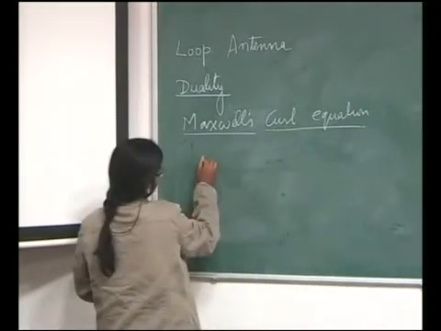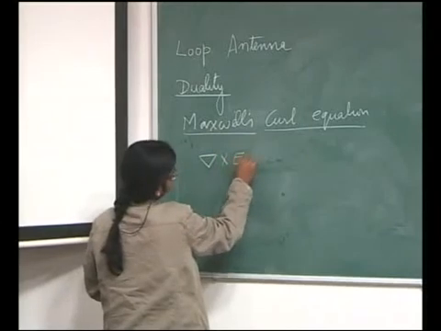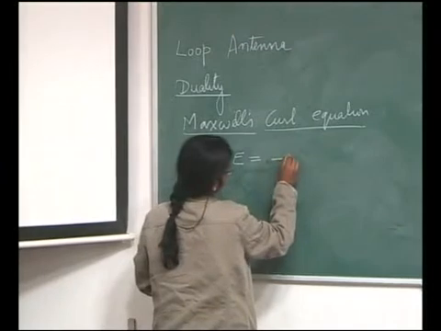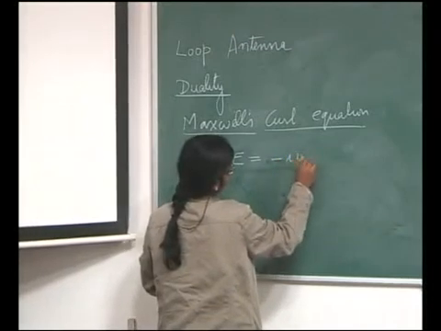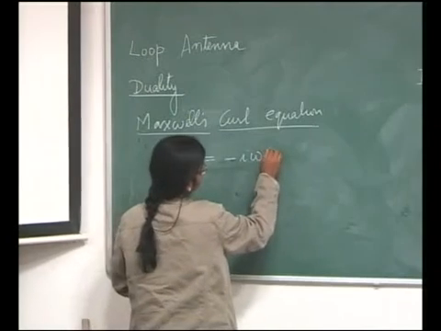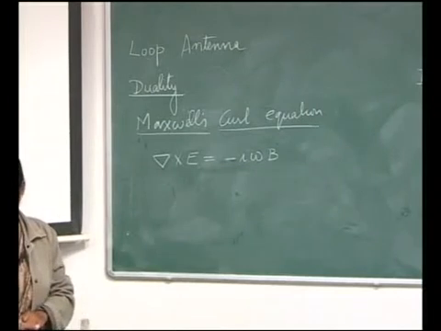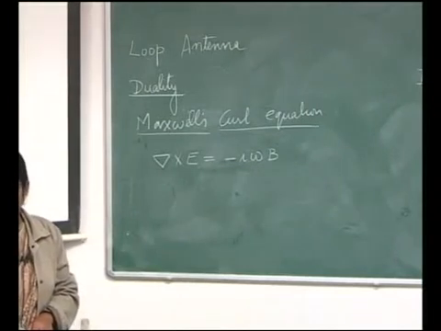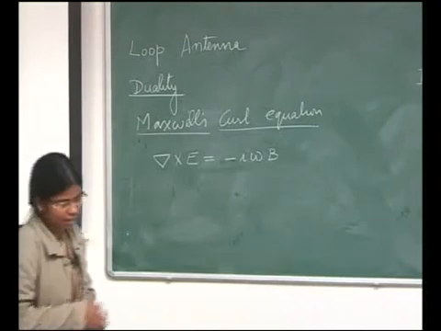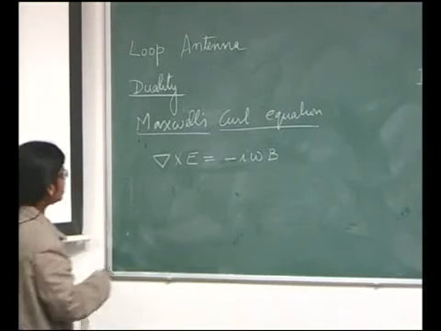So, I say that del cross E is equal to minus i omega B. Is it okay? Del cross E is equal to minus del B by del t. Is it okay? And similarly, I have